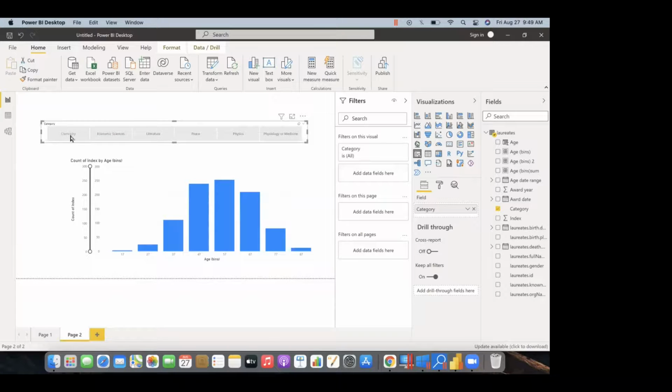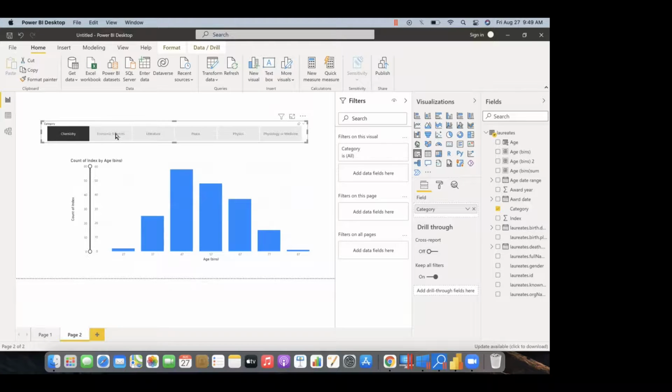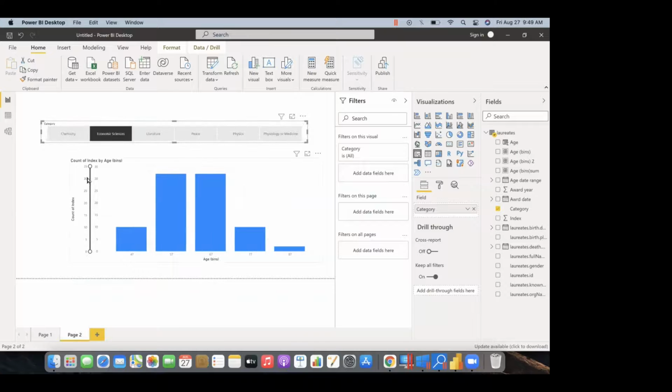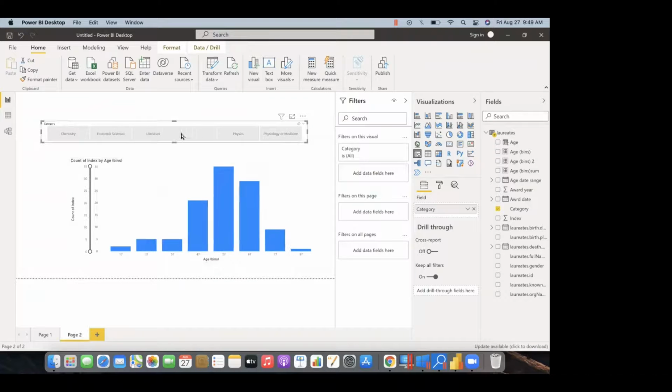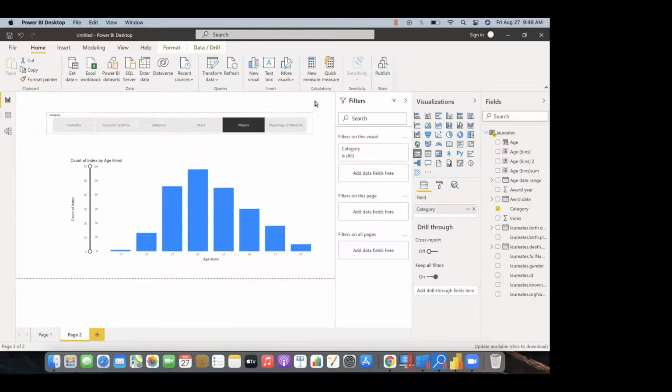Now we can see for each category we have the data, and since we have given the zoom axis, it's changed like this. And we'll get the data like this in here.